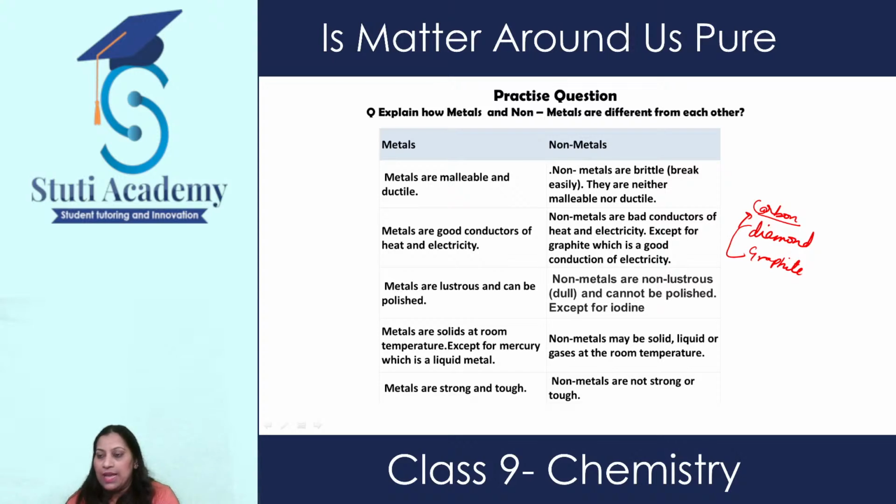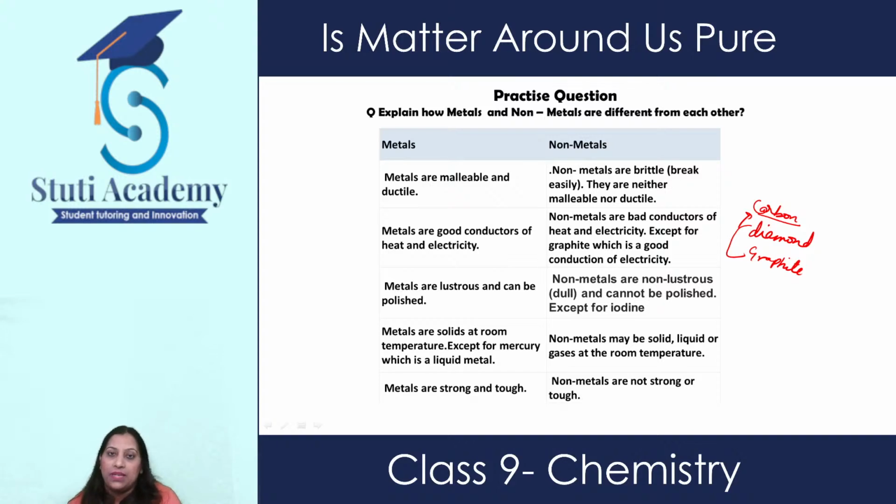If you take an example of copper, aluminium, iron, zinc, gold, silver, they all are solid at room temperature, except mercury. Mercury is liquid at room temperature. That's why we use mercury in thermometers. Mercury has low melting and boiling point also. That's the reason we use mercury in thermometers, because it's liquid at room temperature and it has very low melting and boiling point. So the exception in metals is mercury.